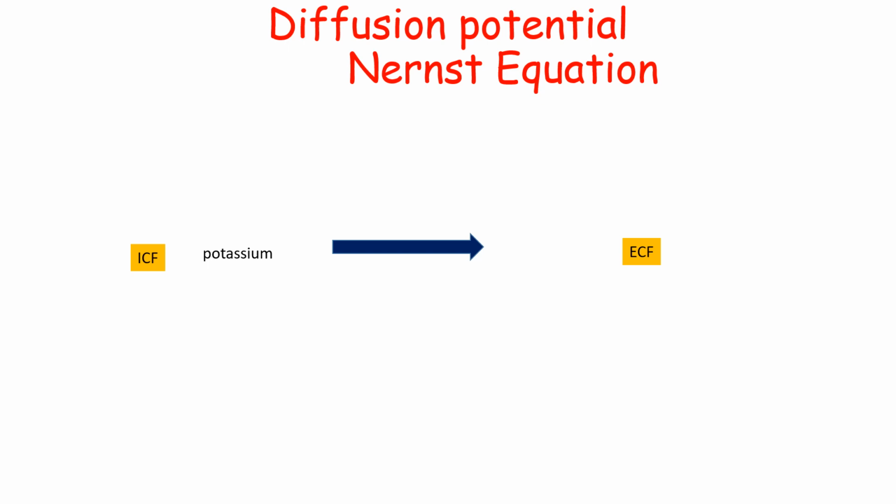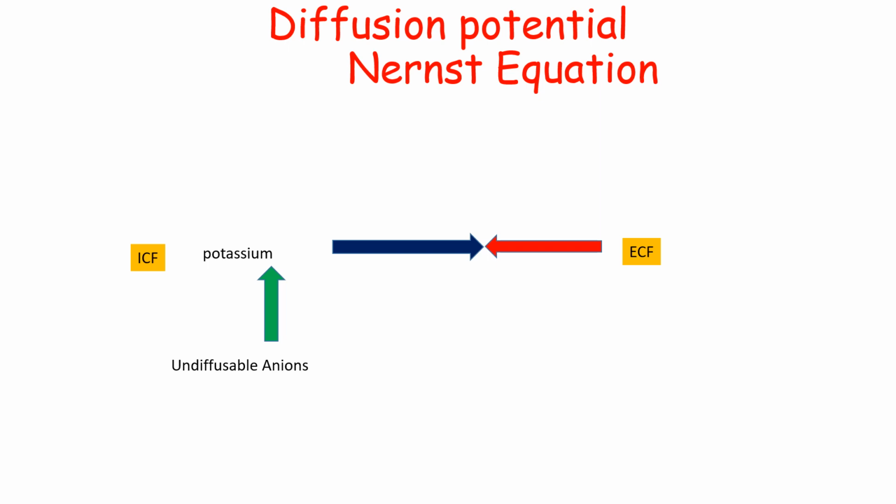When this movement occurs, more potassium will go to the outside of the cell, and since potassium is positively charged, the cell membrane will become more negative. To prevent this, we have an electrical gradient which opposes the movement of potassium along the concentration gradient. This is because we have negatively charged indiffusible anions, and in order to maintain the electroneutrality of the cells, these prevent the diffusion of potassium to the outside.